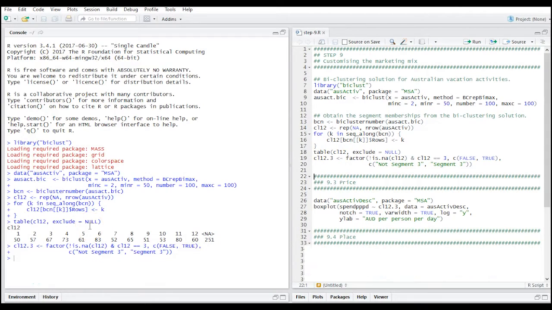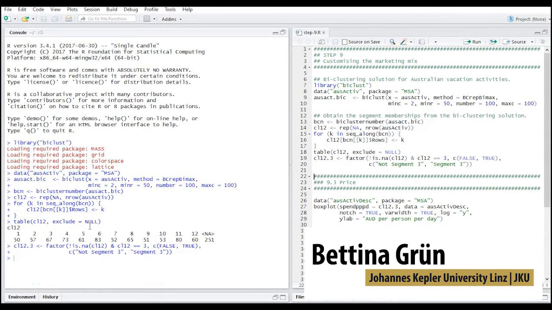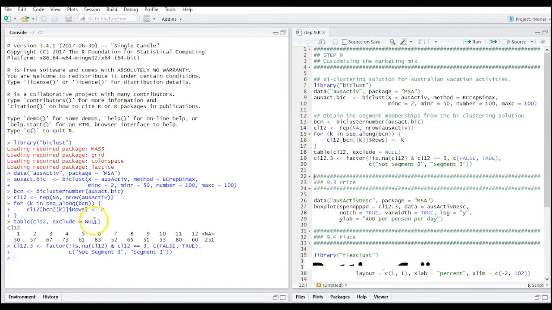Step 9, customizing the marketing mix. So we have already our target segment. We know which respondents are in our target segment and which are not. This information is stored in the vector cl12.r, which we already constructed. And now we want to look at specific characteristics of our target segment and compare it to the remaining respondents,